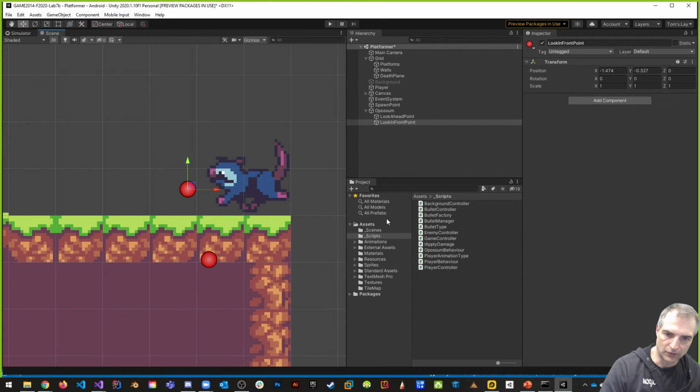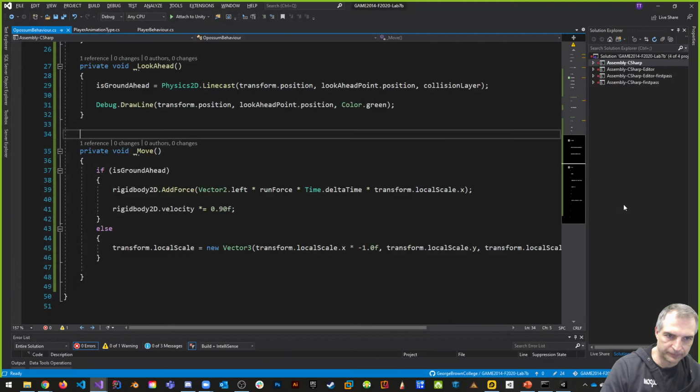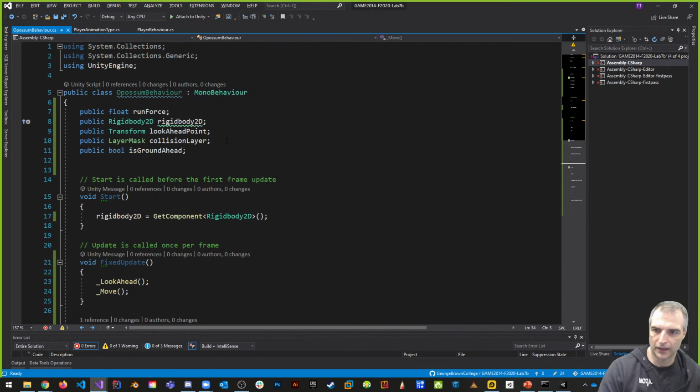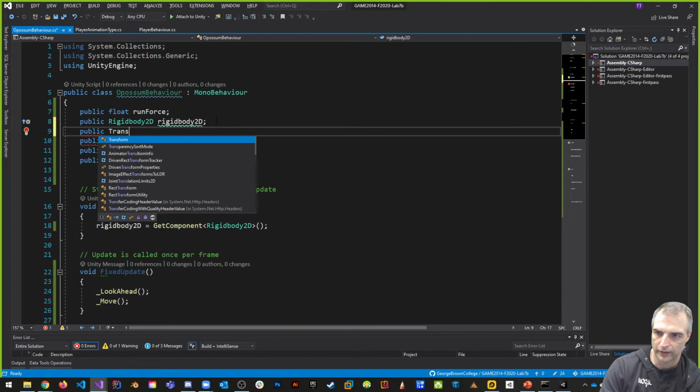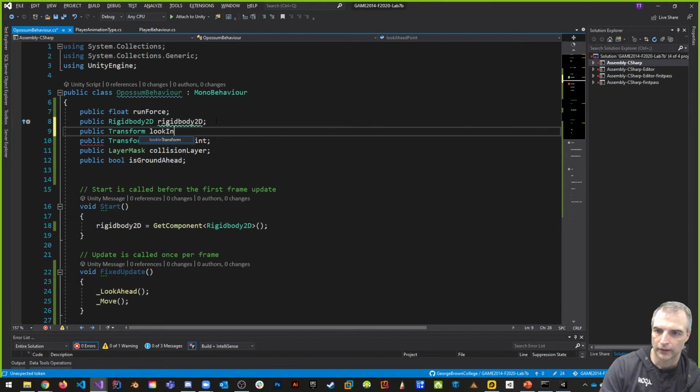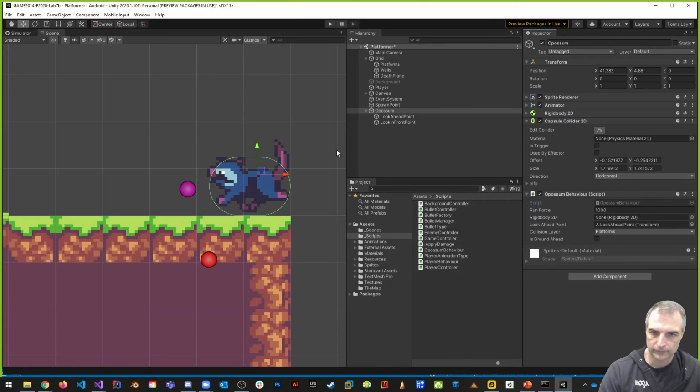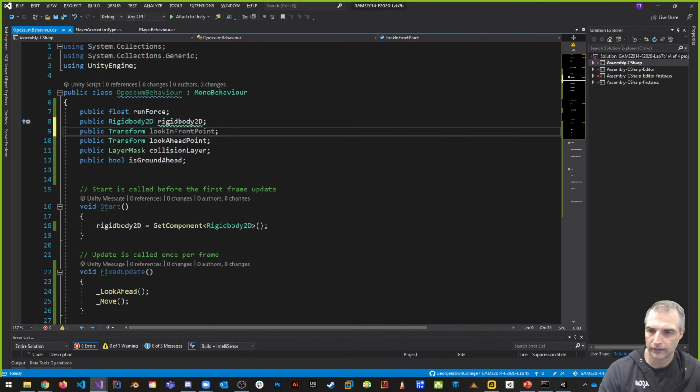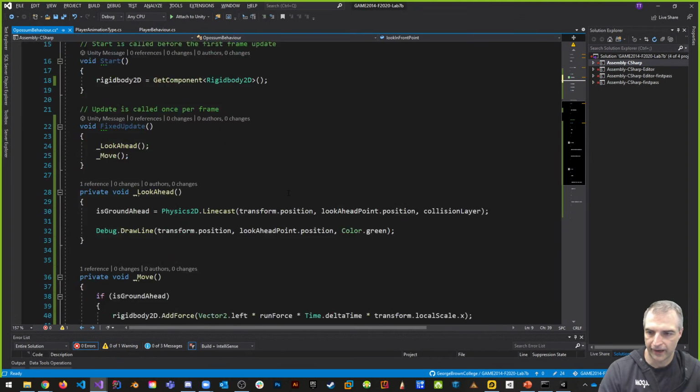So now let's go back into code. So again, opossum behavior. Now we'll make this a different color. So we'll say this is going to be the, I don't know, purple color, which is this one. So we can see that there's two different points here. Let's go back into opossum behavior. It is going to have a look in front point, public transform look in front point. Okay, because that's what it is. Look in front, look ahead, and